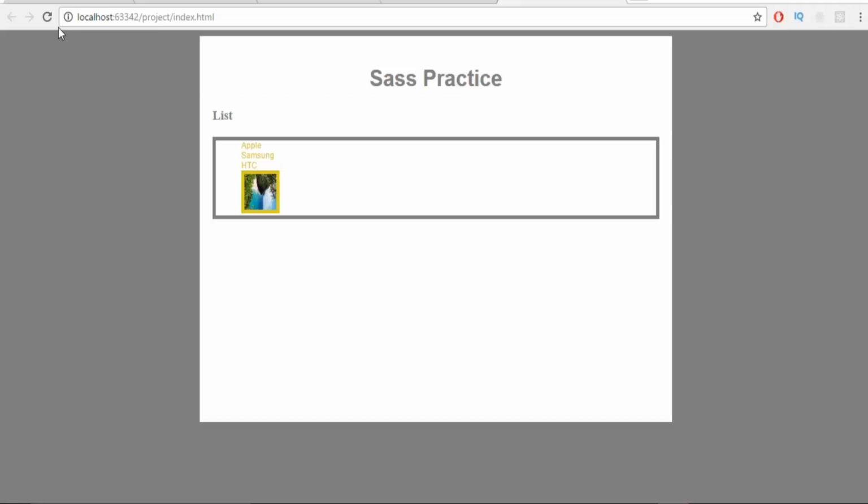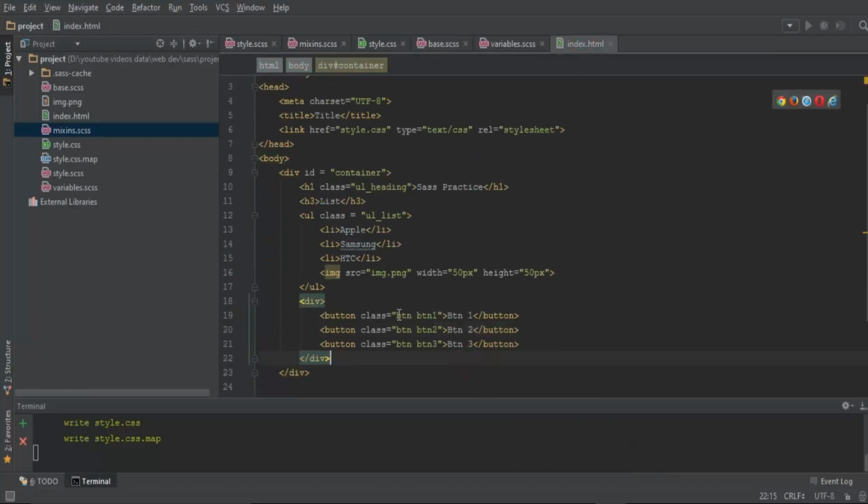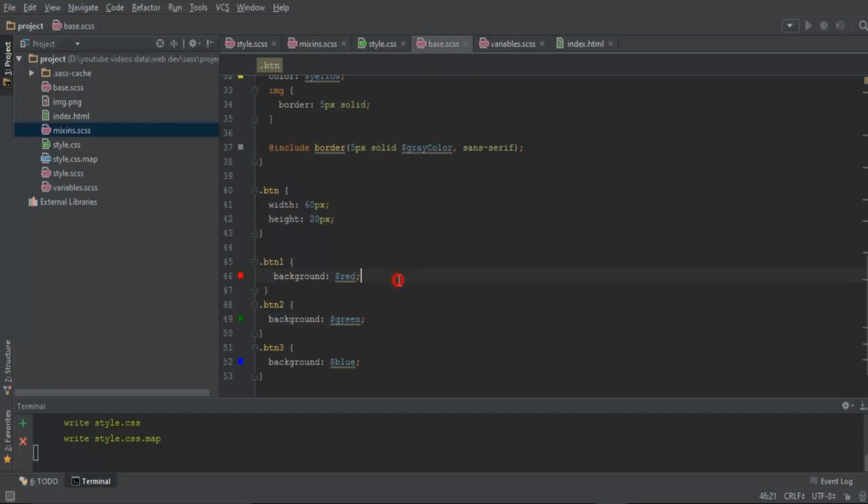Now let's go and reload it. So you can see that it has default width and height. I haven't added the width and height to these things, but what I want to do is, I don't want to add this class. I want to define the similar kind of parameters, even similar kind of properties at one place, and then I want to extend those properties in these individual buttons. All right, so what I'll do, I will